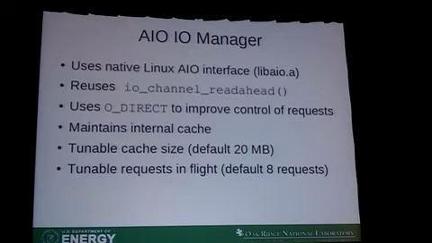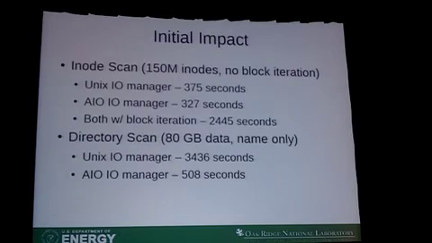So I keep an internal cache so I can say, this is how much memory I want to allocate to going faster. I don't have to worry so much about, am I going to blow everything away from my page cache? I just want to do 20 megabytes or 400 megabytes or however much I end up wanting to put to it. And I can control how much I'm going to try to keep in flight. The defaults are 20 megabytes, 8 requests, and each request is 1 megabyte in size. For most of these numbers, I ended up putting about 380 odd megabytes in the cache and try to keep 64 requests in flight.